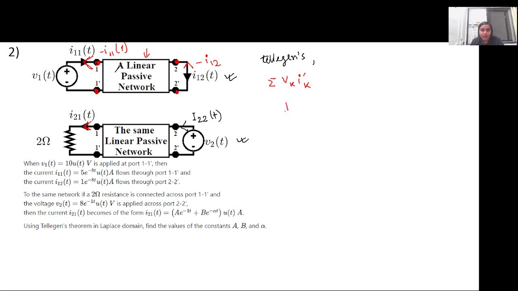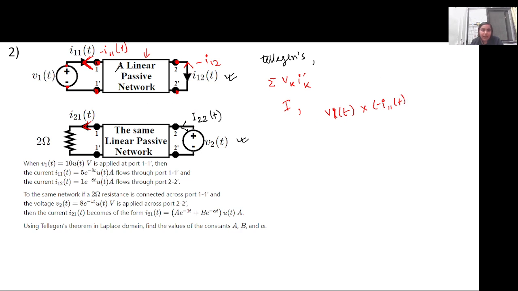So for the circuit 1, what we will have is power absorbed by this particular voltage. Now since we have changed the current direction by writing it minus I11, the current is entering the plus side of the voltage, so it is basically absorbing power. So it will be V1 of t into minus I11 of t,